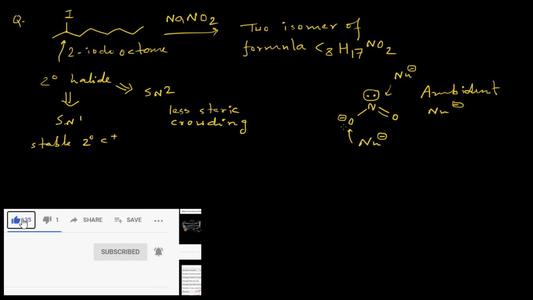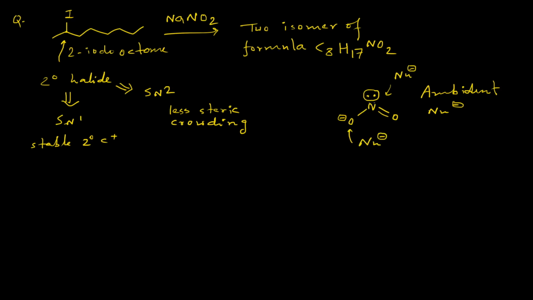And due to that reason, since it contains more than one nucleophilic center in the same species, it's called an ambident nucleophile. And here is the interesting thing: when N acts as the nucleophilic center, then one isomer will form, and when this O- acts as the nucleophilic center, then the other isomer will form, right? So now let us consider the mechanism.